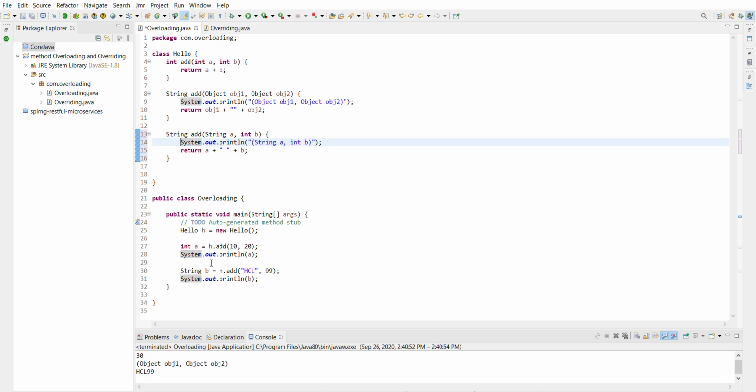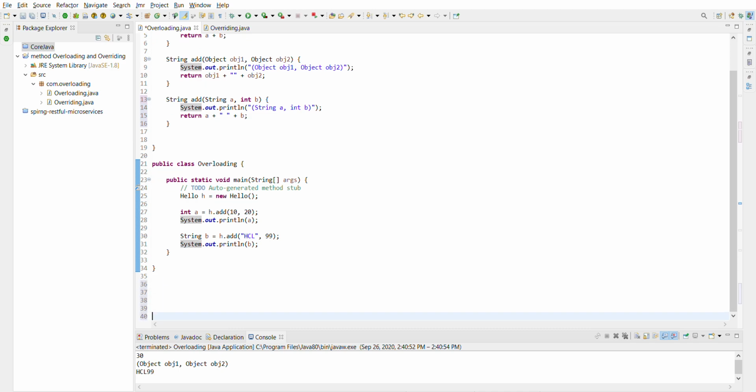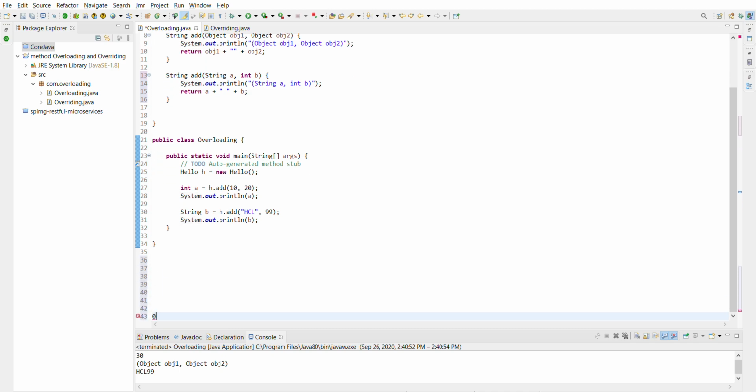And if you are talking about overloading, I'll write some differences.